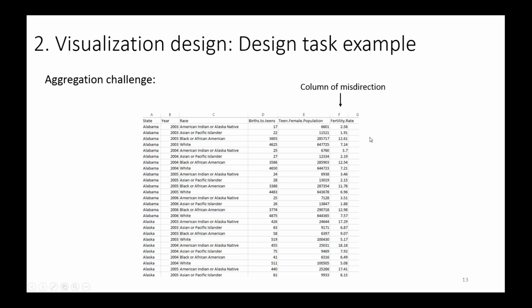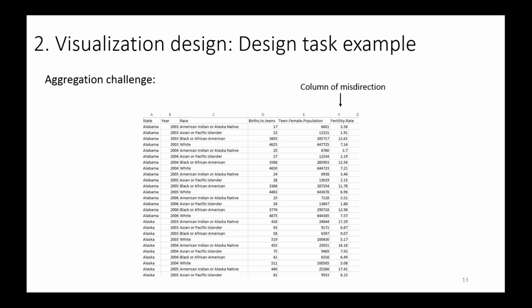So this was also a little bit of a data challenge. This was the data that I provided to them to answer these questions, and along with the raw number of births and the total teen female population for each state, for each year, for each race, I also calculated the fertility rate for them in the data file. This is simply the teen fertility rate per 1,000 females. And one thing that they had to do was basically ignore this column, because they're going to be looking at the teen pregnancy rate